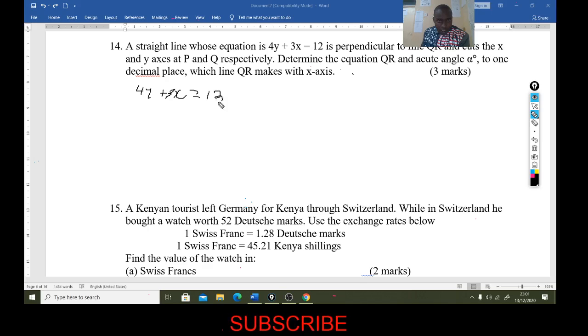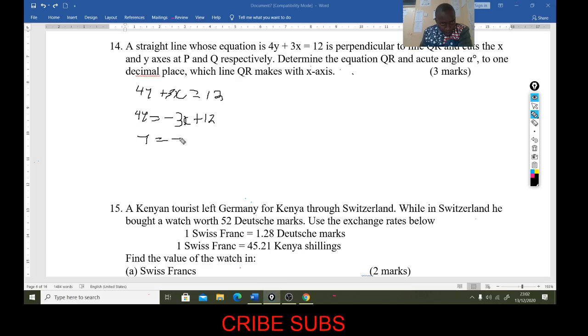We rearrange this in the form y equals mx plus c, so 4y equals minus 3x plus 12. So when we add 12, we divide through by 4, so that means y equals minus 3 over 4